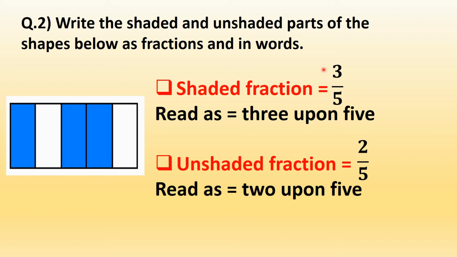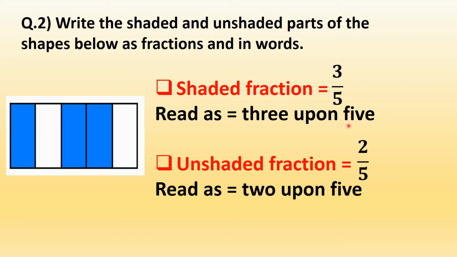So write 3 on top, means 3 is the numerator, and the total parts 1, 2, 3, 4, 5 upon 5, means 5 is the denominator. The shaded fraction is equal to 3 upon 5. So 3 upon 5 we will read as 3